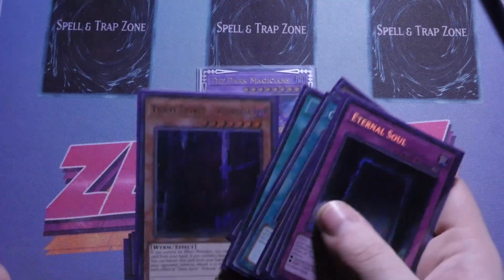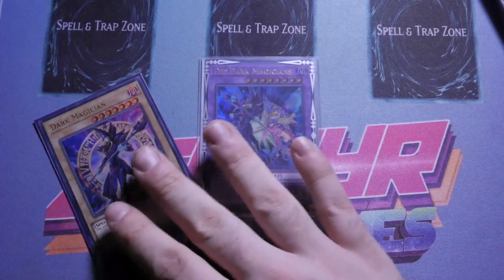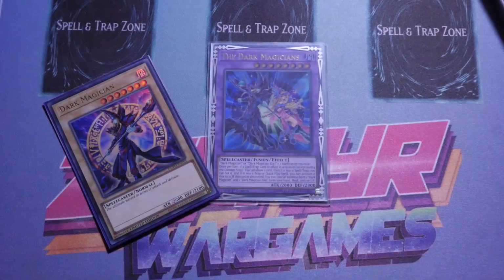The Vishuda is hands down, I would put a shooter in the deck. I think it's so good, so fun, and so powerful as well. It just has multiple effects. And I really want to mix it more with Tenyi and actually rely on Dark Magician a bit more. You can play all of the spells and traps to set it up, and you can play all of the